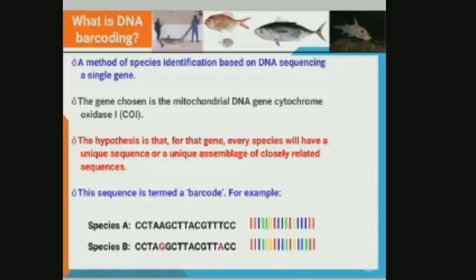The very concept of DNA barcoding is the uniqueness of the gene we are amplifying for a particular species. In the sense, species A and species B in this slide will each have their own uniqueness of nucleotide arrangement for the gene we have selected for this DNA barcoding study. Here you can see in species B, starting from the first to the fifth nucleotide, there are some changes. A is replaced with G.